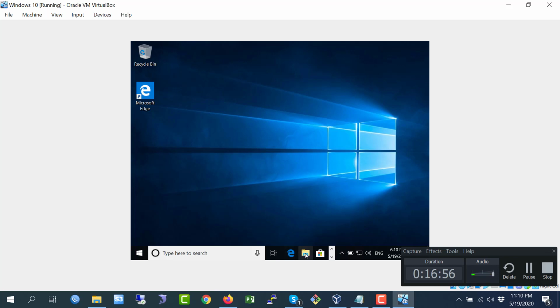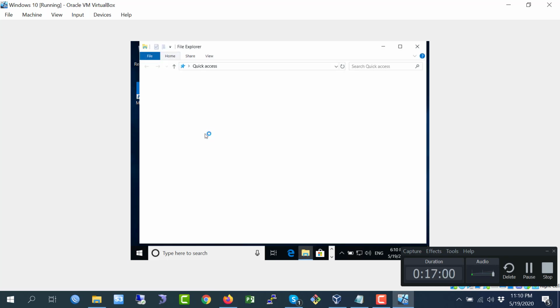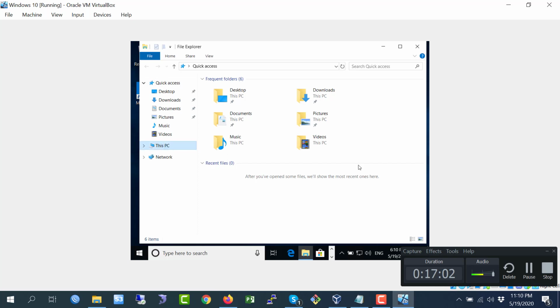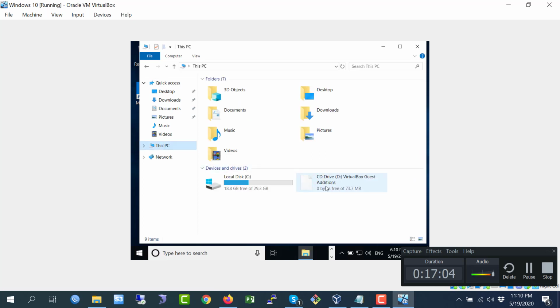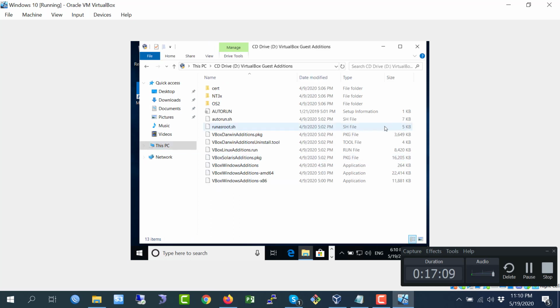Okay, now open File Explorer and go to This PC, and here you see this is the VirtualBox CD drive. Just click on this. My Windows is 64-bit, so if your Windows is 32-bit, then you click on the 32-bit one. So my PC is 64-bit, I am going to run it.